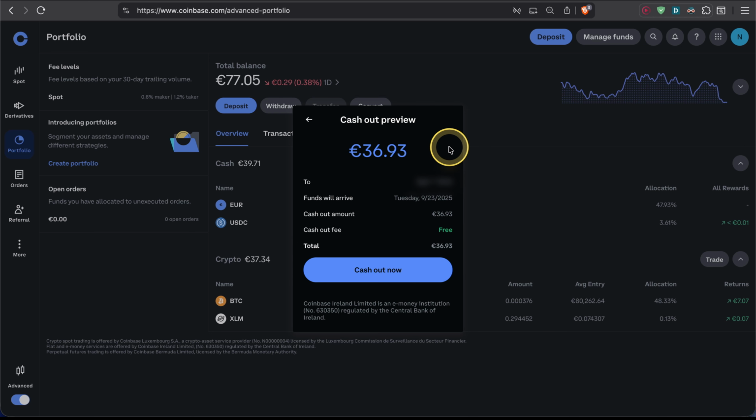and then I can see all the details again. I'm withdrawing this amount to this bank account. It's completely for free, and it should also arrive within just a few minutes. All I need to do then is just click on cash out now, and the money will be withdrawn to